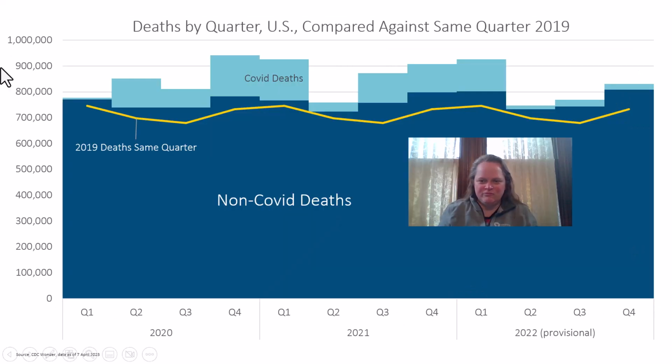So if you look again, we have this big spike of deaths in 2022 Q1. So we're not expecting COVID, this huge spike of deaths. We're hoping it'll be more like these smaller amounts of COVID deaths in Q1. But you have to remember, this is what the flu pattern looks like when we have bad flu years. Most of the flu deaths come in the first quarter. Actually, most of them come in January and February. So this might be COVID settles down into kind of the seasonal flu death pattern.